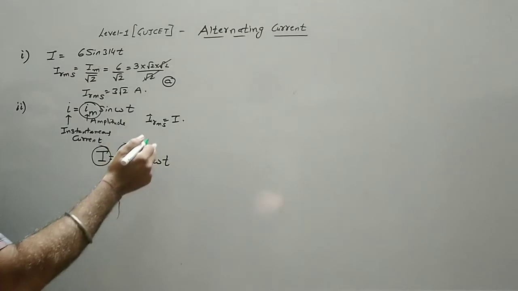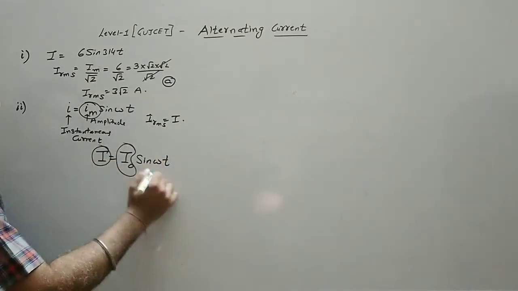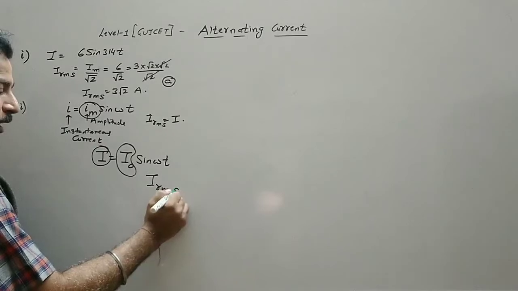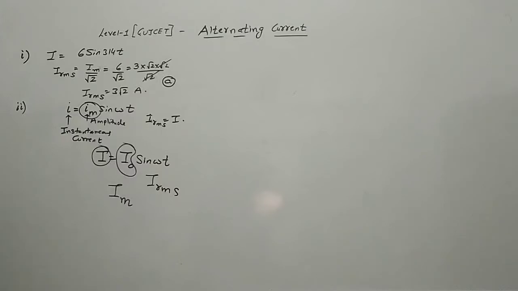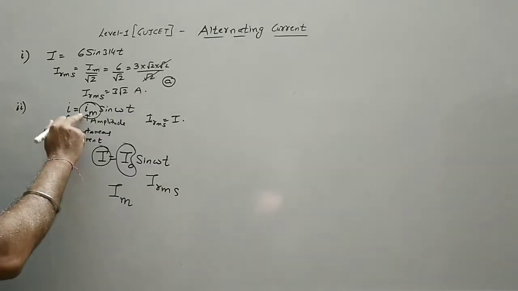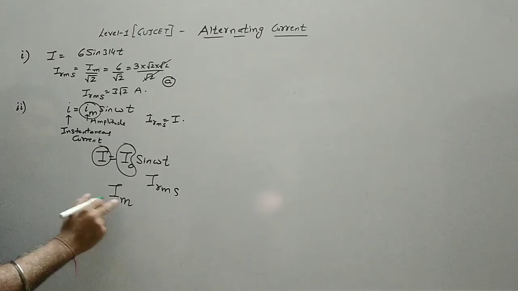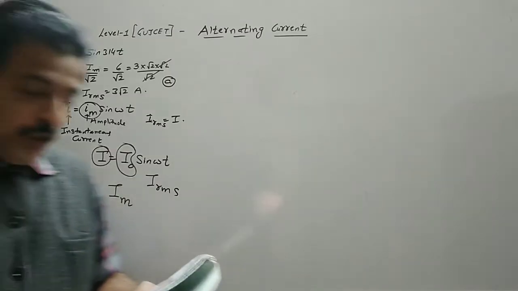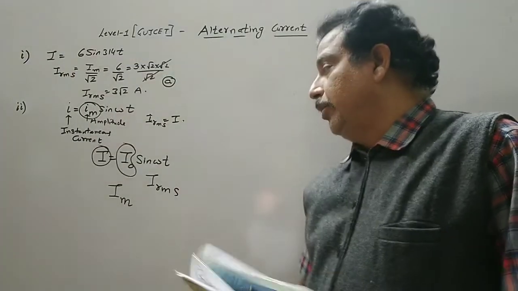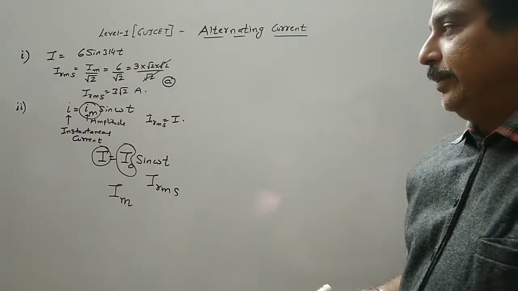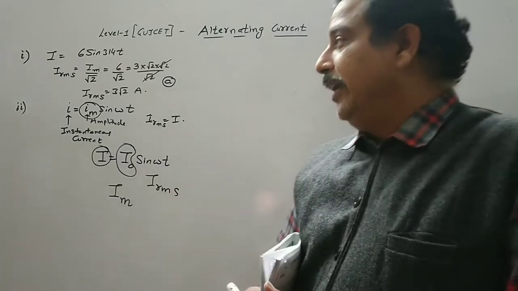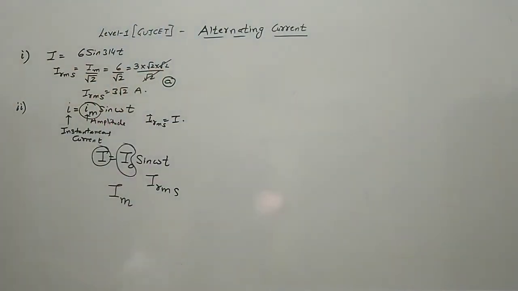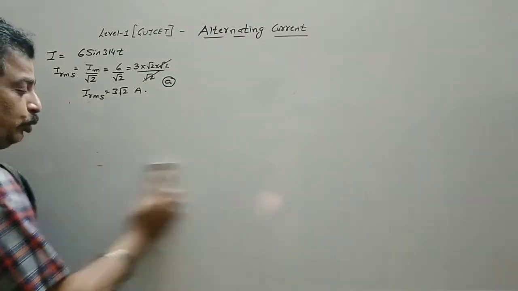IRMS in that situation is written as IRMS. So if the equation is of this form, IRMS will be written like this, and the mean will be written as IM. While doing the theory, we wrote Im as the maximum value. Here Im means the mean value in the option. So we have to find out the relation between the mean and the RMS, where mean is the average. Now if we find an average for a complete cycle, that is a sine and cosine, then it comes out to be 0.